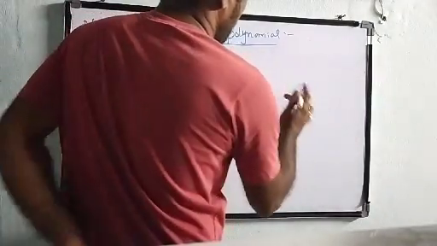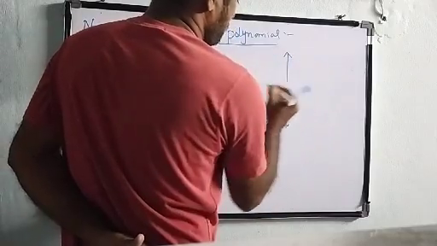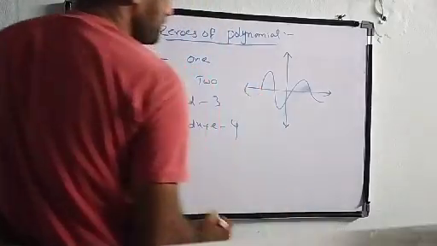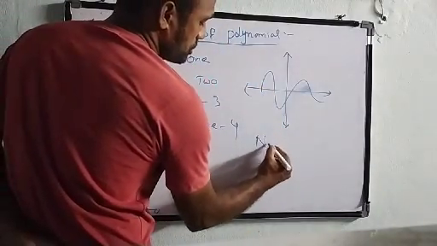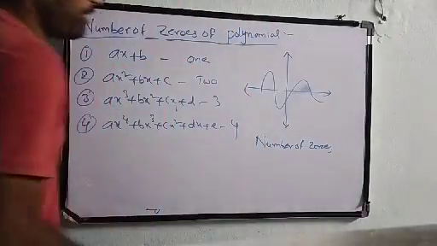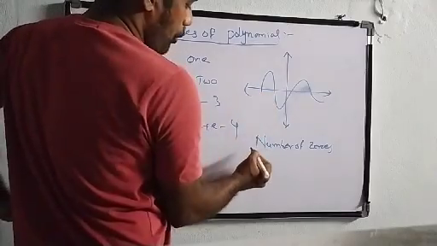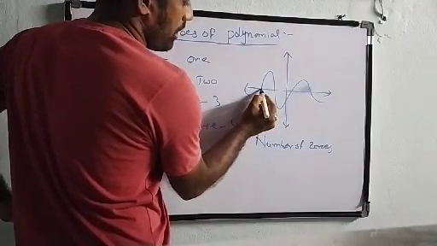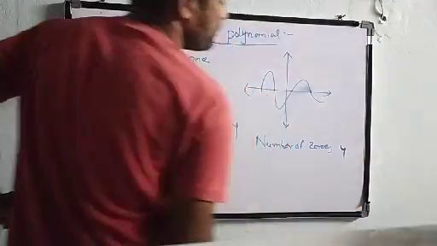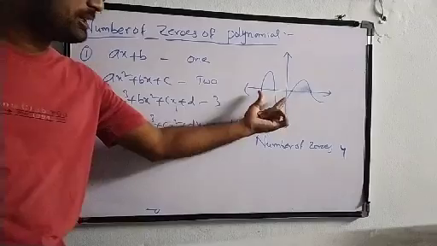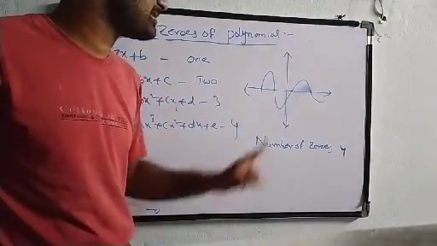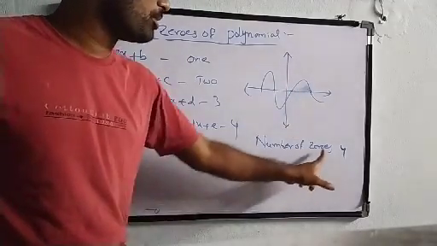And moreover, we have certain graphs here. For example, let us take this graph. If the question asks to find the number of zeros in the above graph, the number of zeros means how many times it is touching the x-axis. Make sure of this count: 1, 2, 3 and 4. So the number of zeros will be 4. Based on the graph you may get questions asking to find the number of zeros. The number of zeros is nothing but how many times the graph touches the x-axis. It is touching at 4 different points, so the number of zeros is 4.